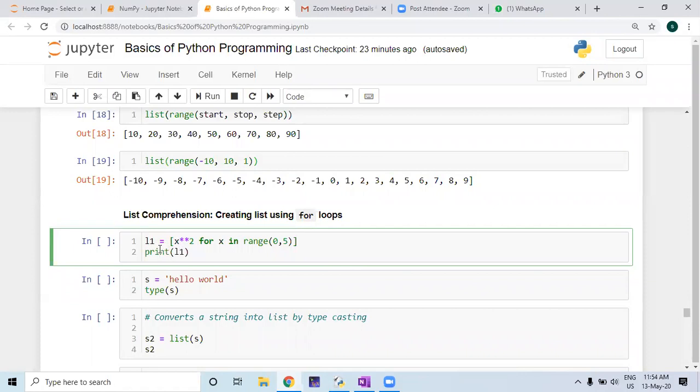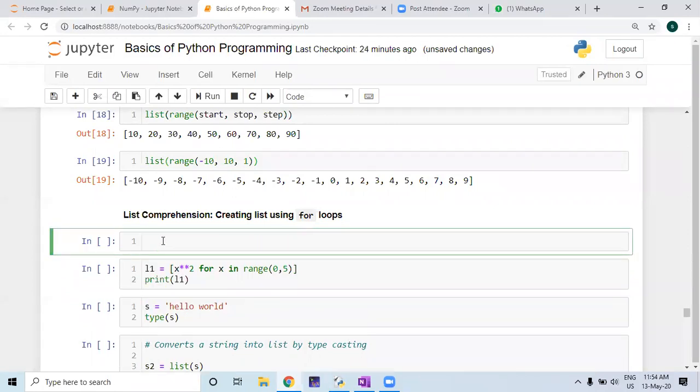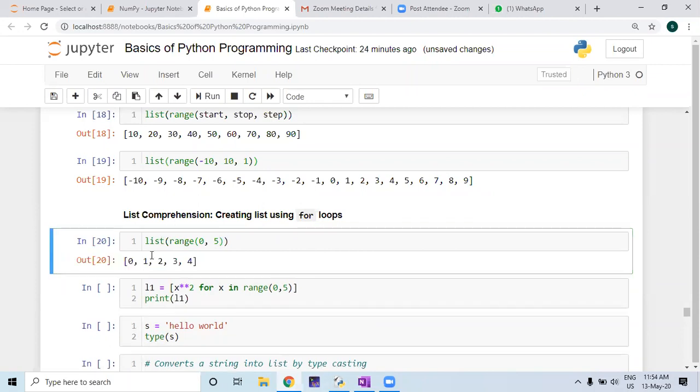Better I give the example in a different way. Suppose if I write list within brackets range 0 to 5, it is giving me the numbers 0, 1, 2, 3, 4. I want to take the square of all these elements. So what actually we want to do, if I write a for loop,